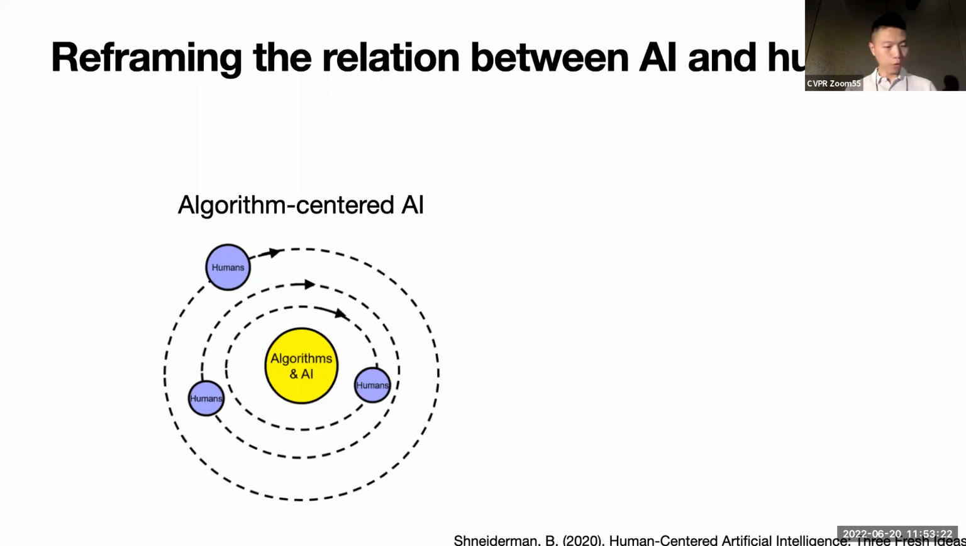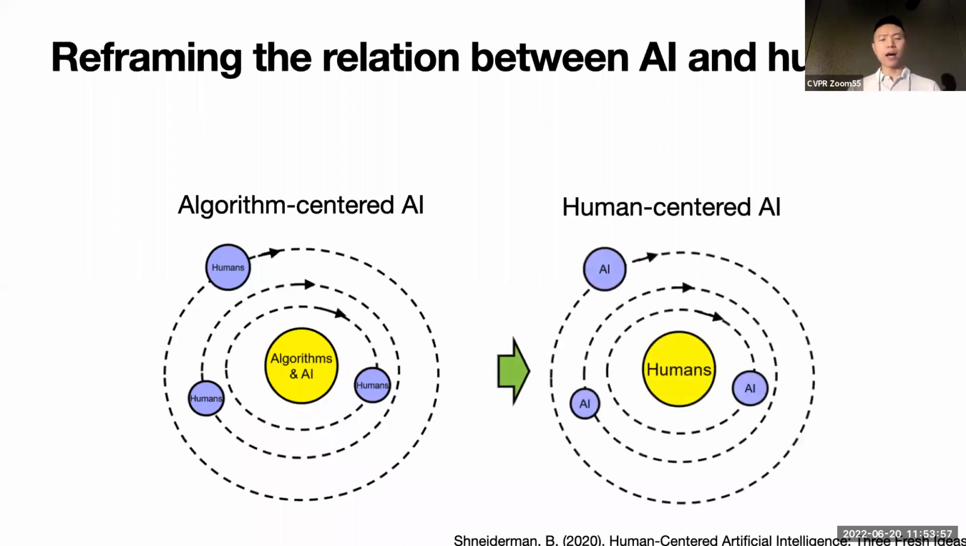The topic of this tutorial is human-centered AI. So first of all, what is human-centered AI? Human-centered AI is about reframing the relations between AI and humans. The conventional thought of AI is algorithm-centered. As a universe of research and development, the algorithm is at the center of the universe. We researchers spend so much time developing new algorithms to improve the numbers on the benchmarks. But human-centered AI provides another perspective. In this universe, the center will be the